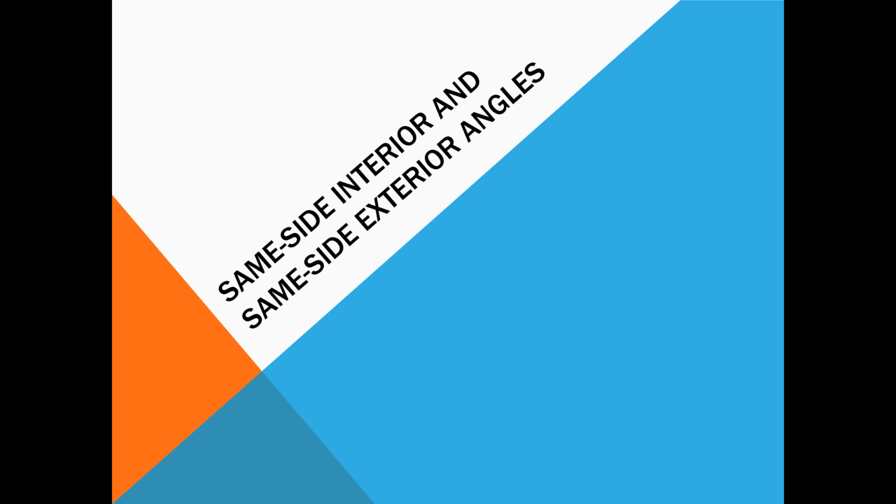Alright, this lesson deals with same side interior and same side exterior angles. Again, we're going to recap. So a transversal passes through two lines in the same plane at different points. Same side, in this case, we're talking about the same side of the transversal, and the lines are always parallel